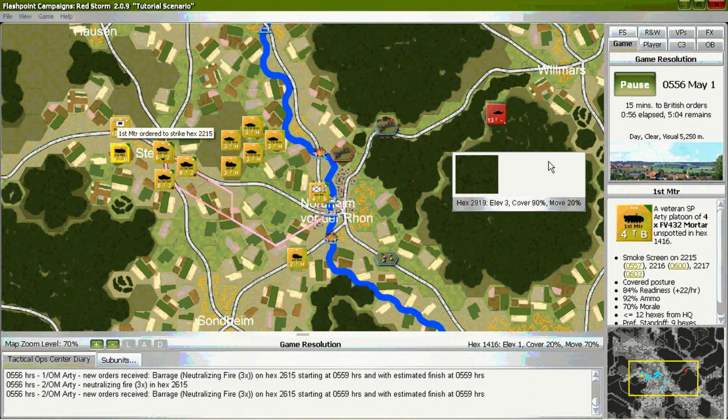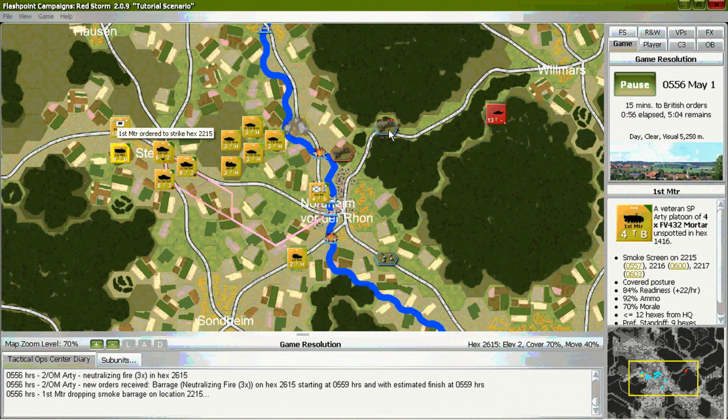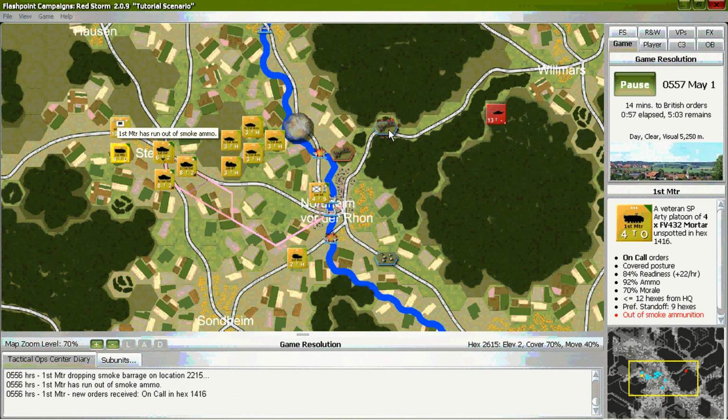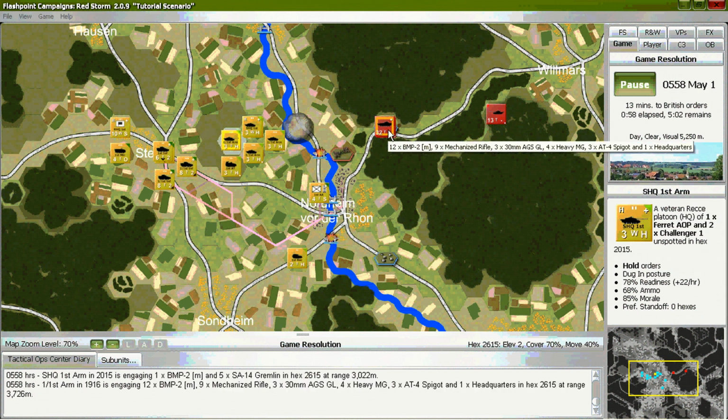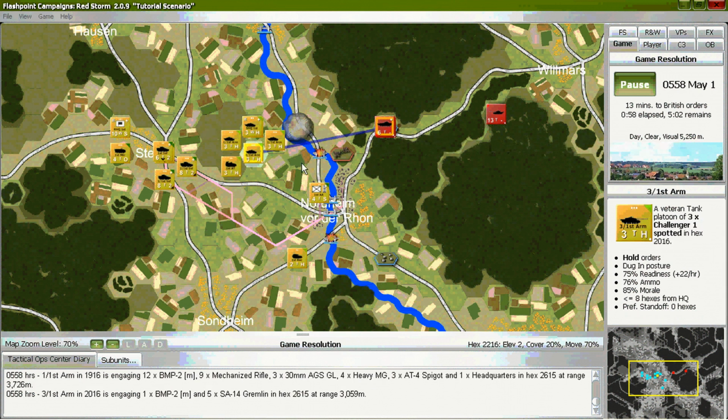The enemy is wiped out on the hex. More enemy units are detected and engaged.